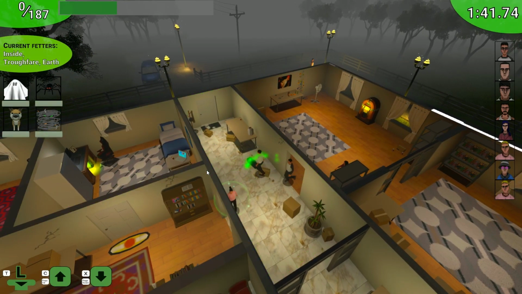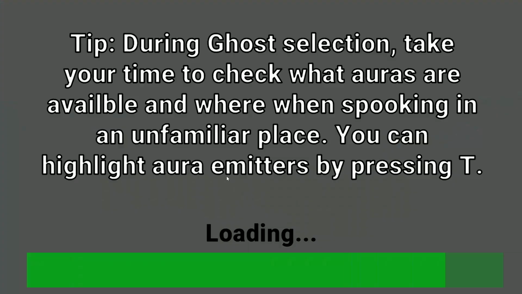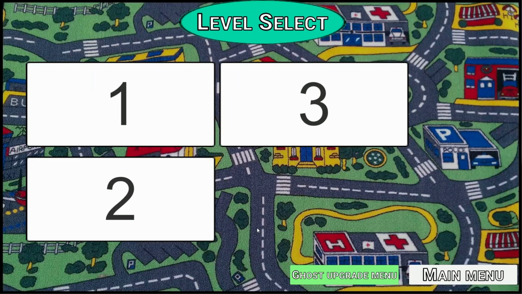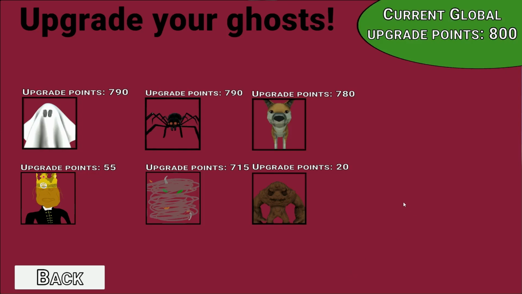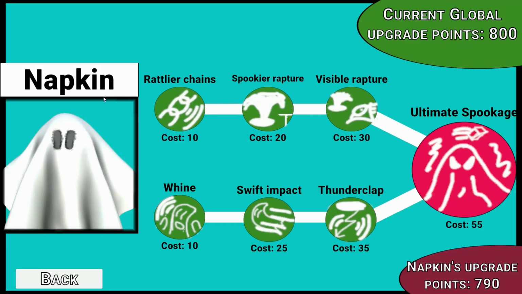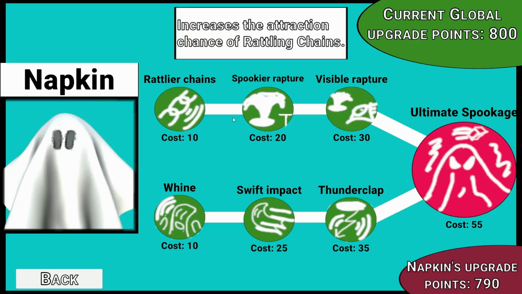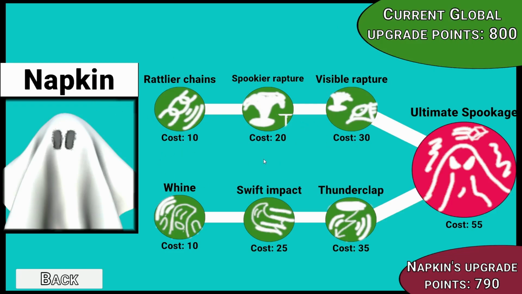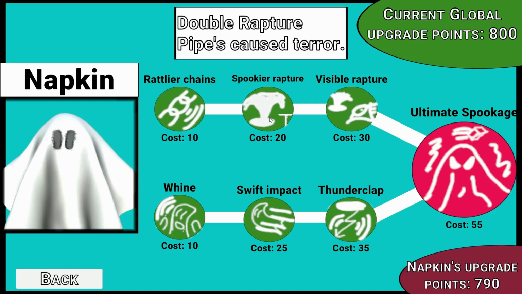And yeah, now we are going to return to the main menu slash the level select because I'm going to talk about the new upgrade system. In the original game, the upgrade system was basically just you unlocking new abilities. This is in through here. You have 2 upgrade tracks for each ghost, and what they do is they both unlock new abilities and